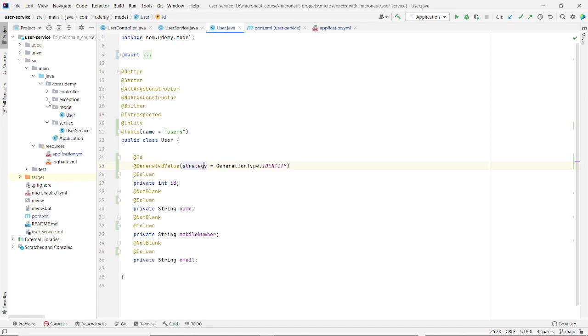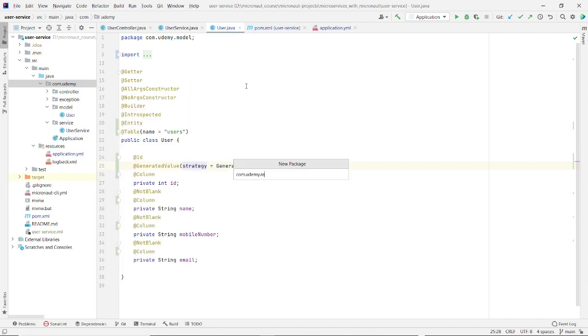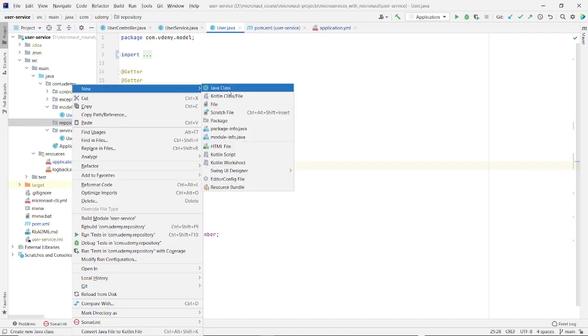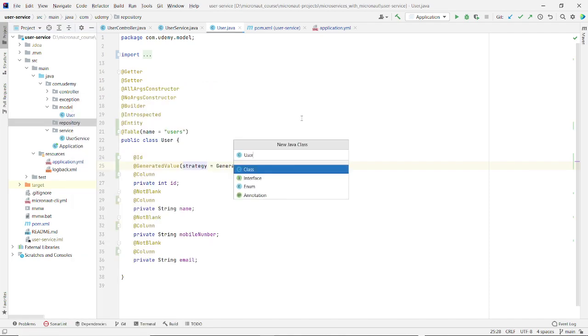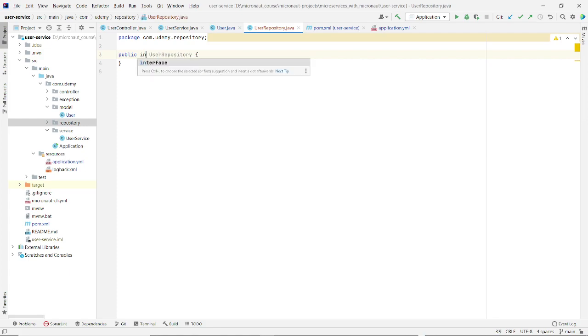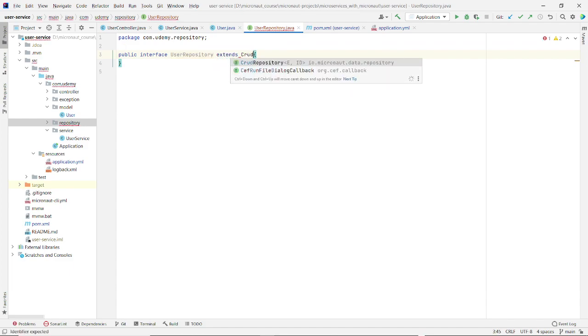After that, let us create our repository layer. So here we will create a package called repository and add UserRepository. We will have to make this an interface, and we will have to extend it with CrudRepository.